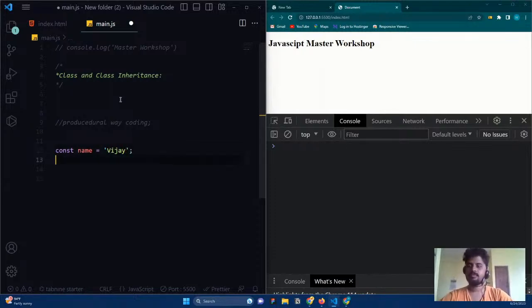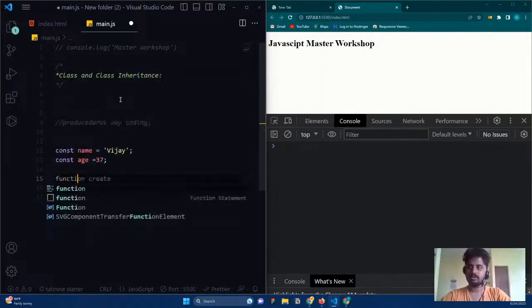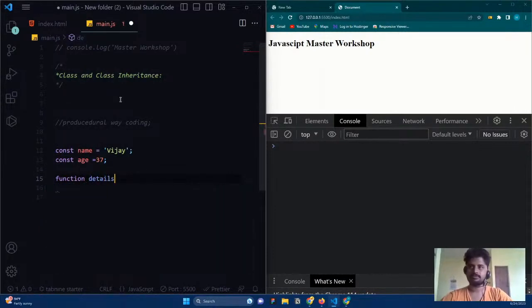Okay, and if I want to create another piece of information related to that particular person, I just say const age equal to, let us say 37 is the age of Vijay. And I need to perform a function, a method, for that particular data. So that is going to be a function, and I just say details of the particular person. Here it is going to take name and age, and it is going to return